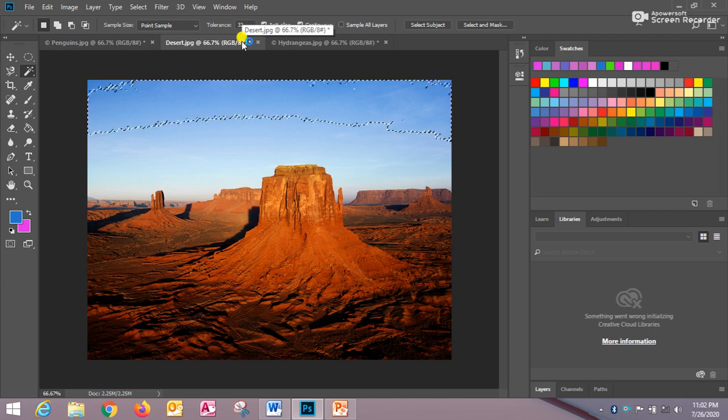But if I enter 90 tolerance, right? The higher the tolerance, the wider will be the range of the selected pixels. Meaning if the tolerance is higher, then the adjacent areas of the selected part will be more. Now I am clicking here. Now look at here. This selection is more using the magic wand tool. So this is the use of the magic wand tool. Right, students?